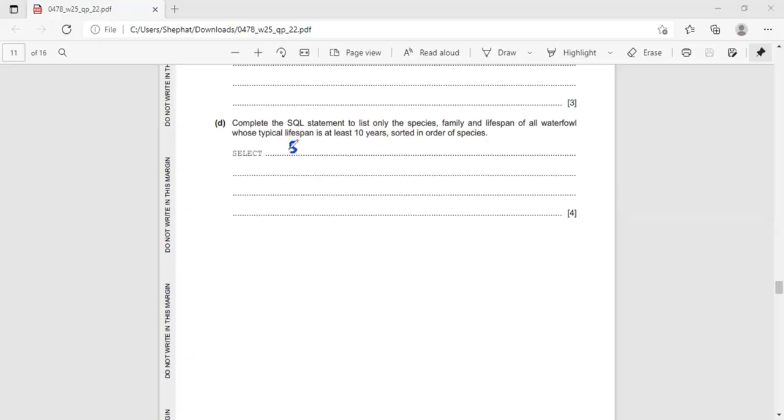The first field is the species, comma, family, comma, lifespan. These are the three fields been given. Of all waterfowl, this is a table name. So we can say from the table name, waterfowl,